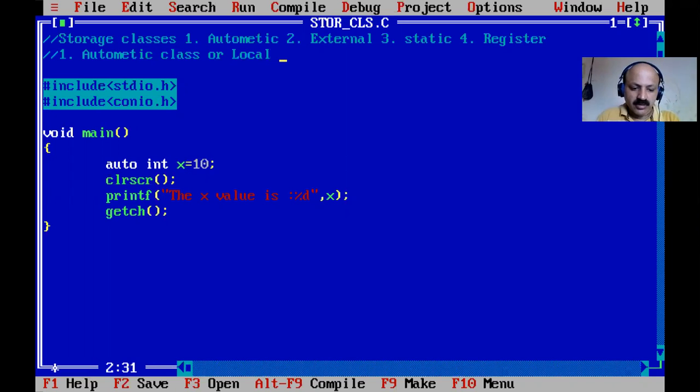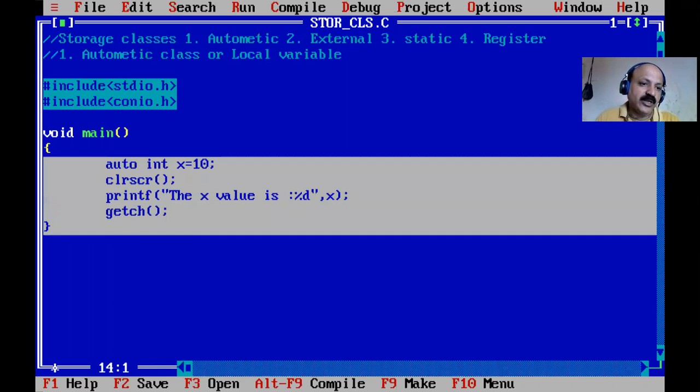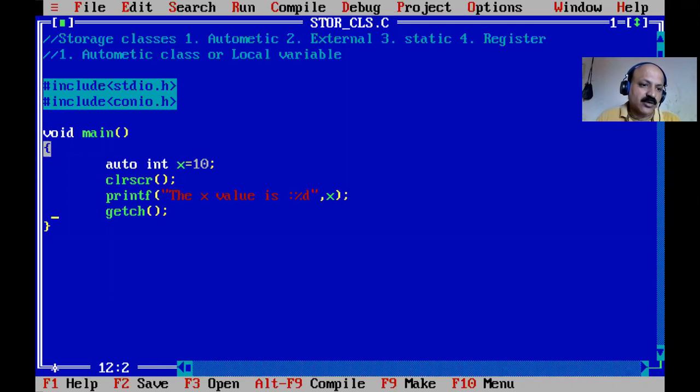For a local variable, the life cycle and scope are within the main opening and closing braces where we define x. Now, can I use the variable x again in this program?